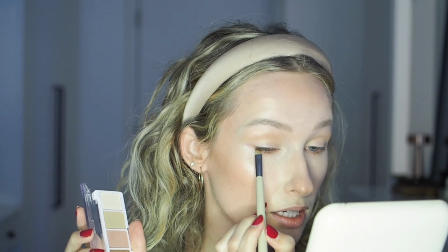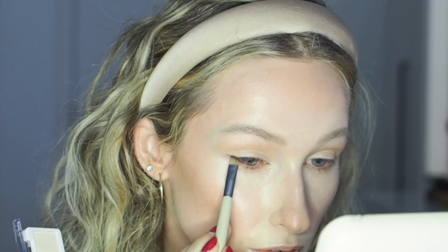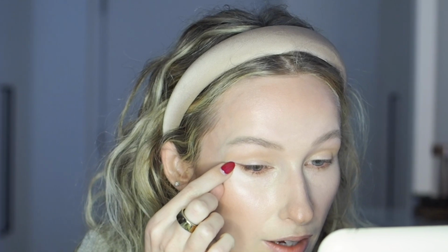Now let's use the really dark shade with the other brush, the eyeliner type brush. I would only use this shade as a real eyeliner. It's too dark to do anything else. Tap off the excess and let's push that into the lash line. And then flick it out to create a little soft wing. And then I like to use my finger to just pull it out very narrow. There we go. We have an eyeshadow eyeliner. It's just a little bit easier to do, a little bit less intimidating than using liquid liner or even a